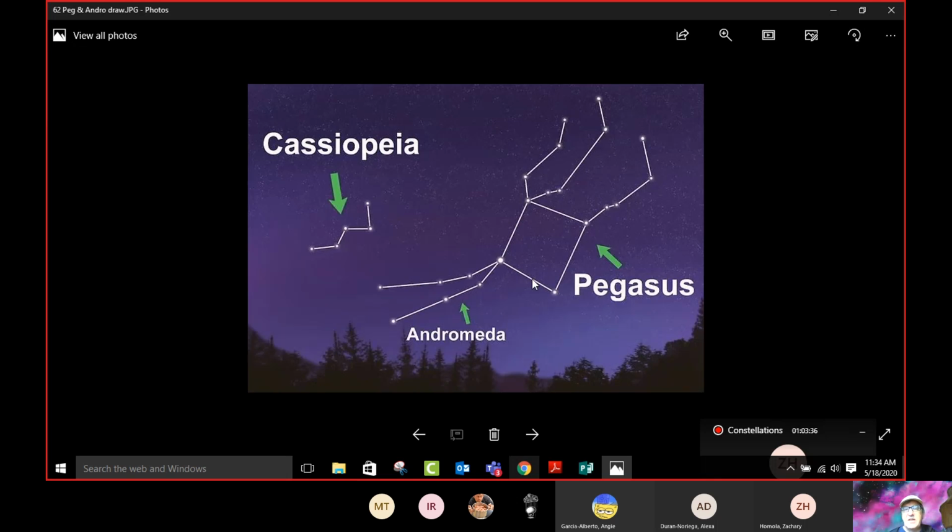So, got the Great Square of Pegasus. Here it is. Now it's upside down because it's a different season or a different time of day. Here's his head, front legs. You can think of these as either the back legs, or we can think of them as Andromeda. This is the Andromeda constellation. And here's her mother, Cassiopeia, the queen, nearby. Now, right here is something really interesting,